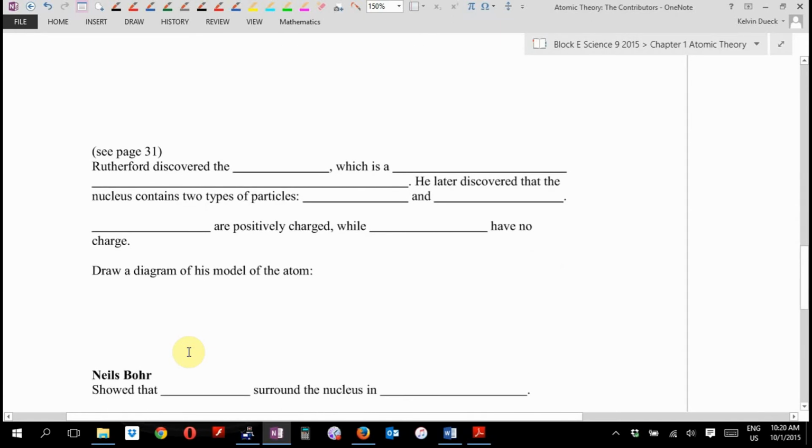So he discovered the nucleus, which is a tiny, dense. My mom says I'm dense. No, that's a different kind of dense. Positively charged center,